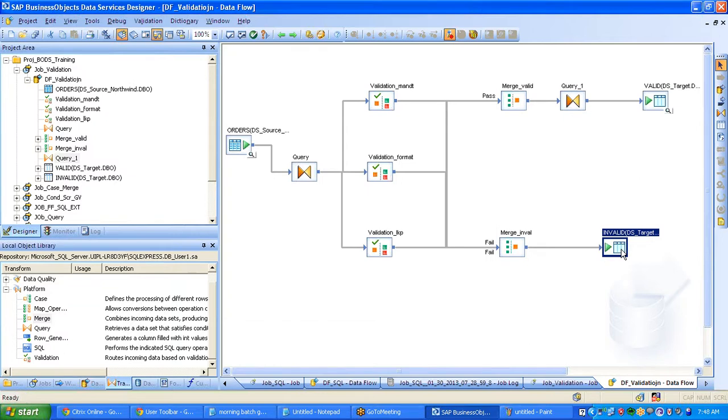So I want to know what are the possible reasons why a record can fail and be pushed into the invalid table with the help of all these three validations. That is the reason why I'm not selecting any distinct query here. If a record fails here, it will be sent. If the same record fails here, it will be sent here, and if the same record fails again, it will be sent. So in the invalid table, I'll be seeing three records saying that this particular record 1 failed because